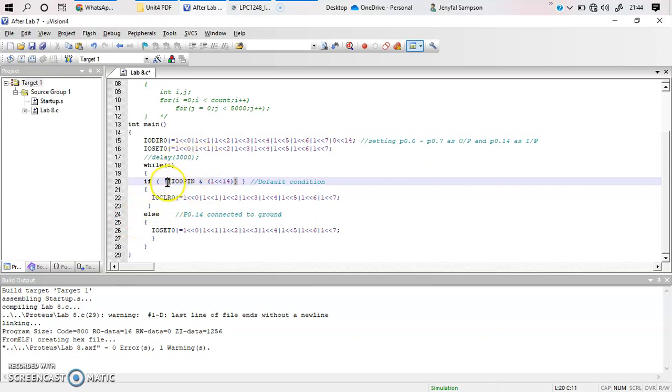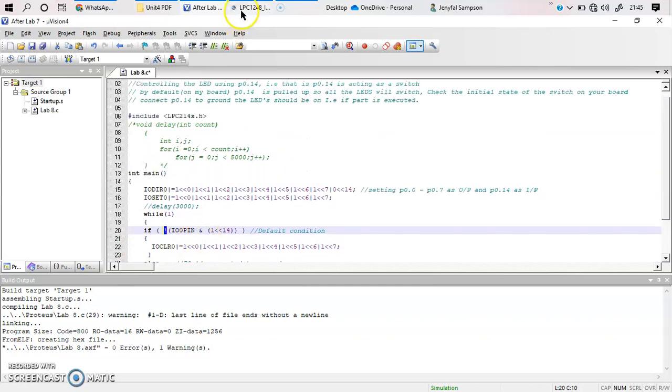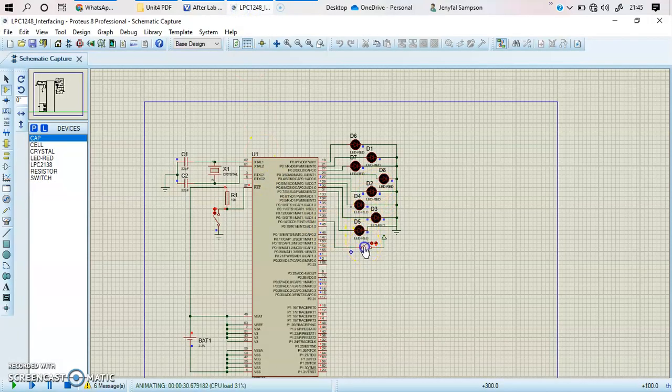So you can try and see what is going to happen when you add this exclamation mark over here. The opposite of what you have done till now will happen over here. When 1, this particular part got executed and when 0, that got executed, but here the condition itself will get complemented. That is what I want you to try over here. Try giving this exclamation mark and try to understand the benefit of using it. How is it going to work the other way around compared to how it was working now? So I hope you are able to understand the LEDs getting turned on and turned off with this single switch over here. Thank you so much.